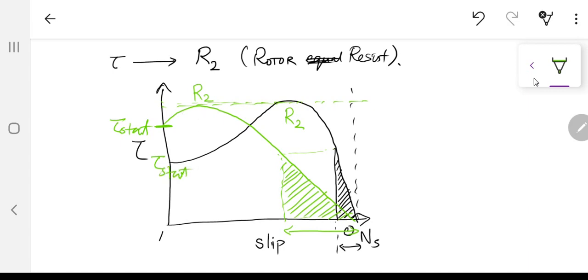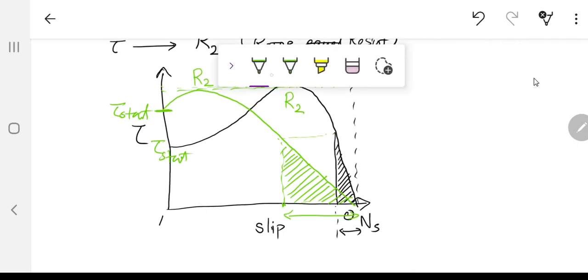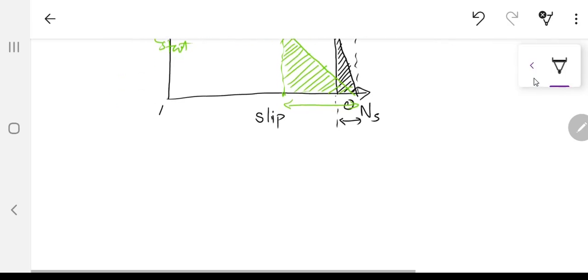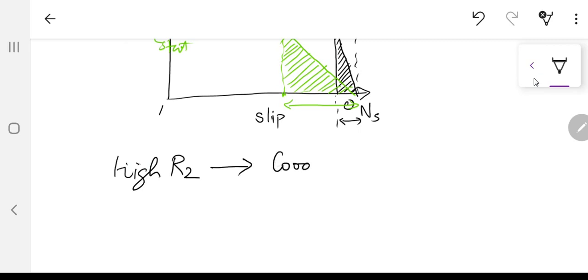But the catch is this, that despite having large starting torque, you are having the operating point in a very large slip region, and because of that large slip region you are going to have more efficiency losses. So copper losses are going to be more, and this is completely true, because if rotor resistance is on the higher side, you are going to have a high value of copper losses. So very simply, if I just write it down in some words, this means that if you have a high resistance R2,